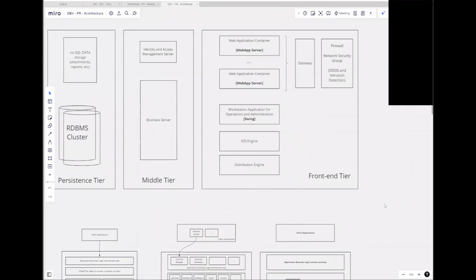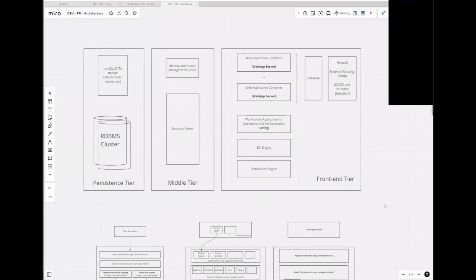So what I'll do is briefly bring us back to the overall system architecture, just to pinpoint where we are on the map and how we look at it. Fundamentally, when we talk about our EDI engine, which is the topic of today's discussion, you will notice that we place it in our front tier. It's considered a client application that interacts with the business server, just like a web application would, or just like our main operational